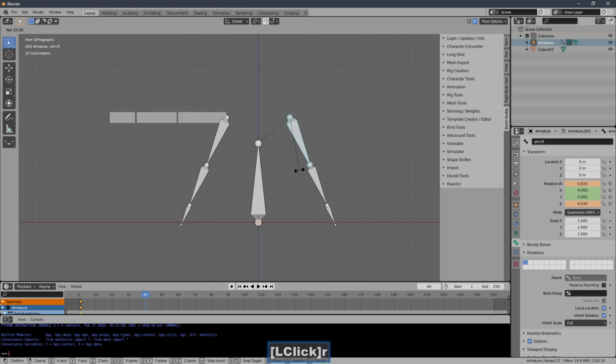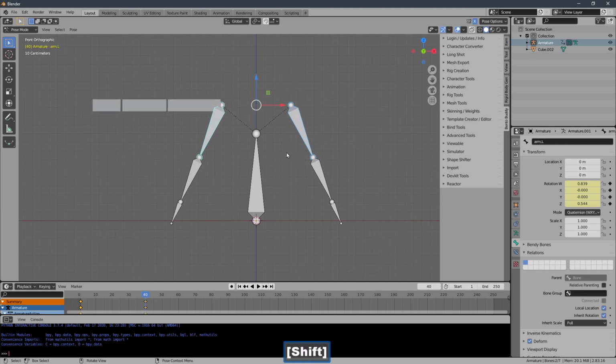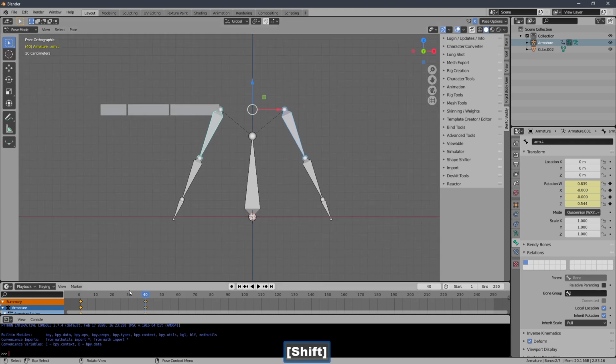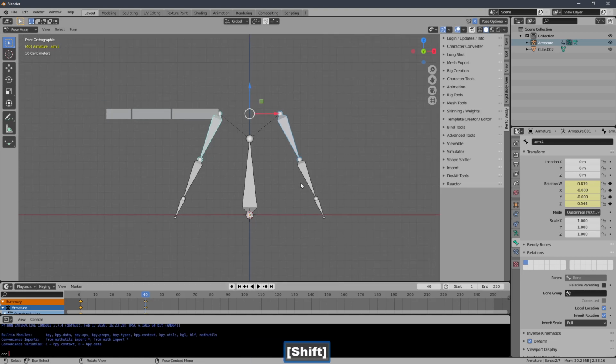I'll just rotate these bones down a little bit, and I'll select all, or I can just select the two that have moved. That works as well, but you can select all. You don't always want to do that for full rigs. So if you can keep to just the bones that you moved, then that's better. If you just key the bones that move, sometimes you can't get away with that. I'm also going to